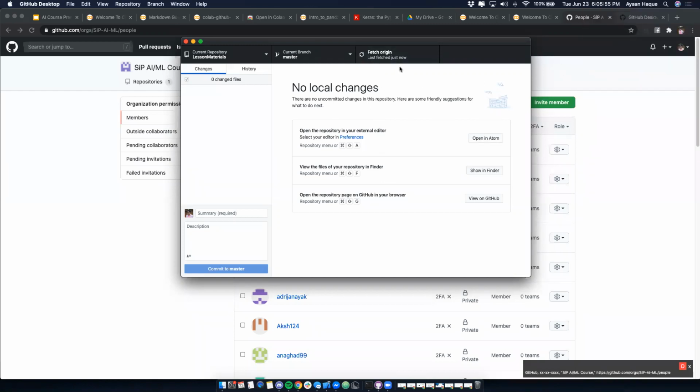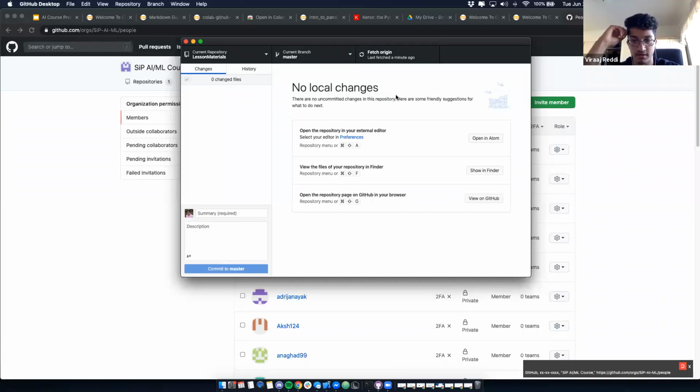Why do you want to do that? The reason is that someone else made changes in the folder. Think of a repository as a folder. Viraj changed the file in the folder and pushed it to the cloud, but that's not on your local computer because he didn't make the change on your computer. So you have to refresh to what is on the online page. Does that make sense? I know a lot of this is overwhelming, but we're going to put the steps.